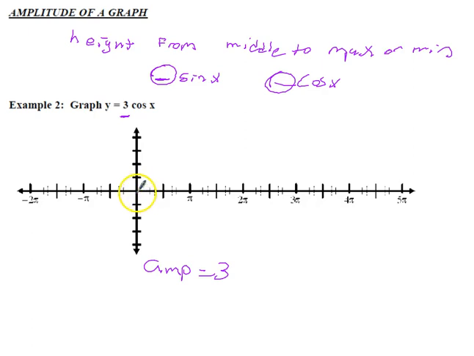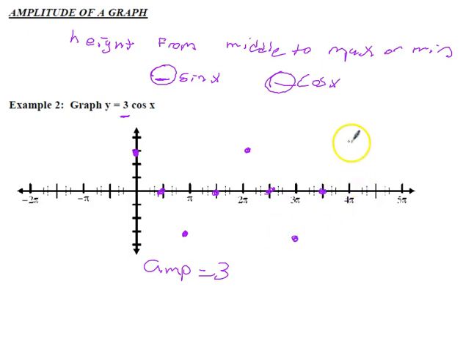So now when we go to graph this, cosine usually starts at 1, so we're going to multiply that value by 3. So it goes 1 and then 0, and now we're usually at negative 1, but we're going to multiply that by 3, and we're going to end up at negative 3. And then we go back to 0, and now we go up to 3. So that's one full cycle of this graph, and now we can just continue that pattern all the way through